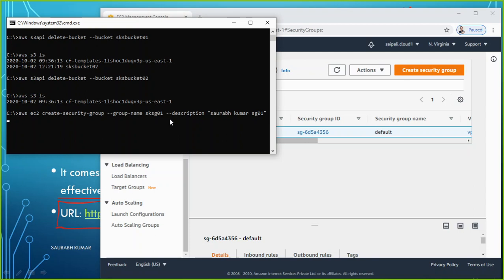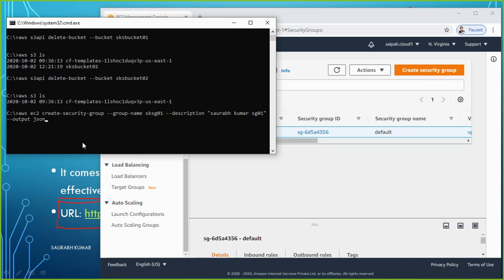And after adding this, if you just hit enter here, what will happen? It will just work, but it will not display anything here. So if you want to see the output of this command also in JSON, you can add one more thing here, that is --output json.